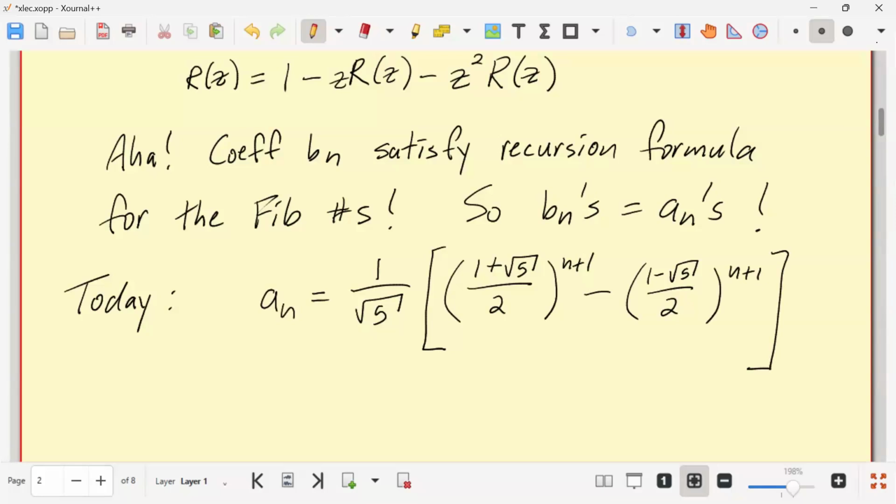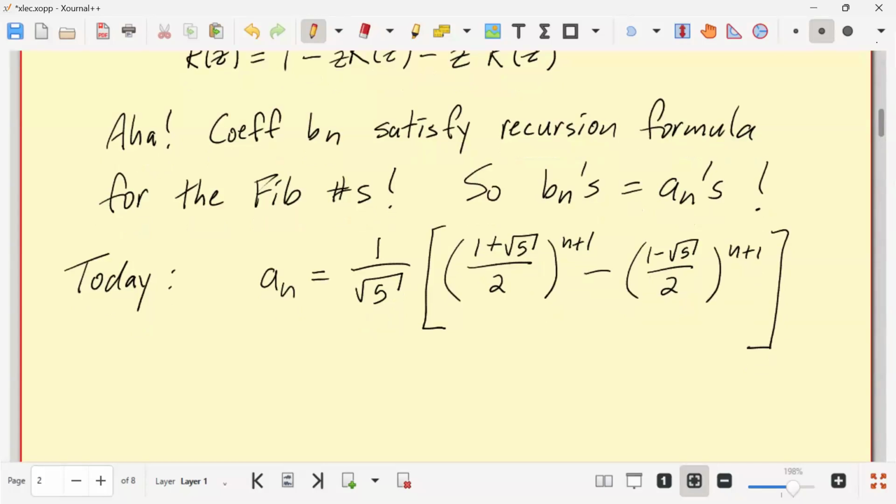And so even though this looks like there's square root of 5s all over the place, when you actually crank those things out, all the square root of 5s cancel out somehow and go away, and you're left with an integer, which is the Fibonacci number. So it's kind of a shocking formula, hard to believe. Okay, so the key here